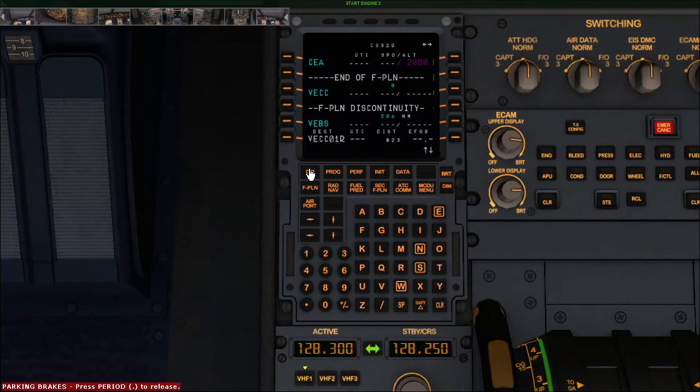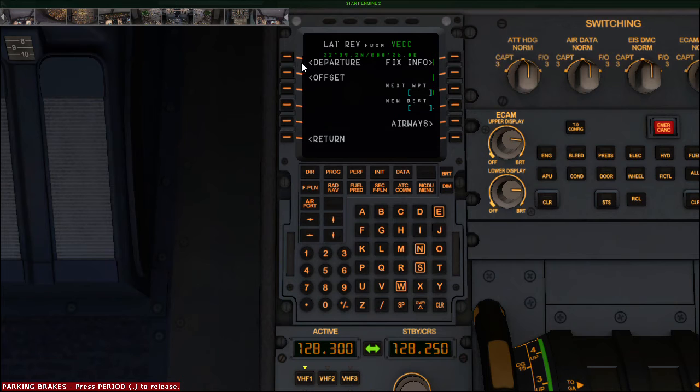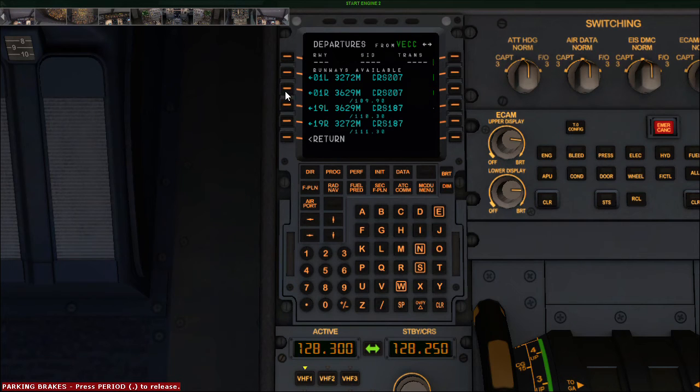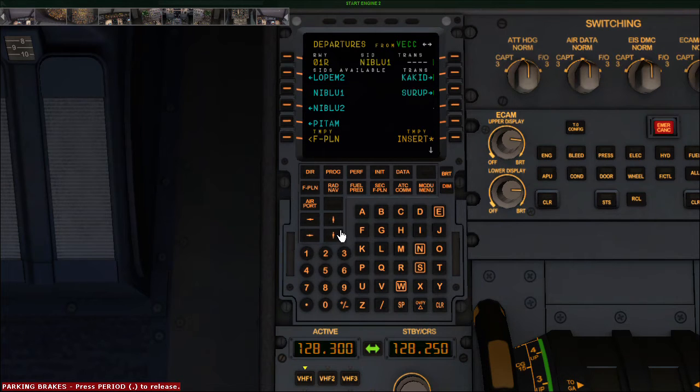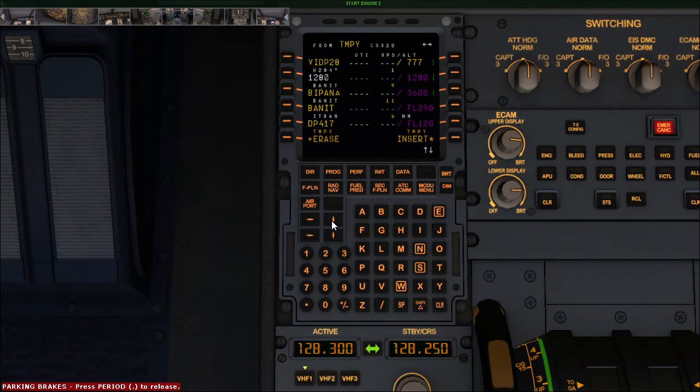I'll be selecting the departure from 01 right with Niblu 1 up to Kakid. I'll go all the way to Kakid.